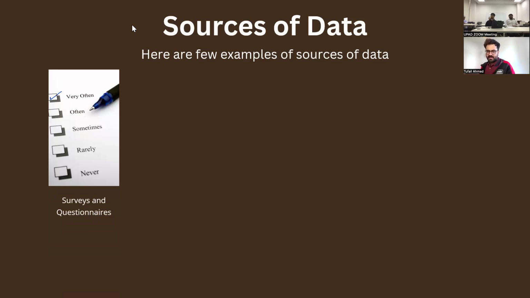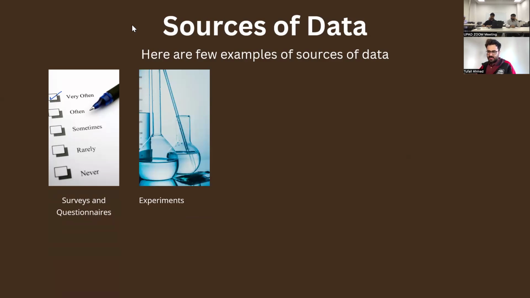A few examples of the data: as an urban planner or transport planner, we usually go do survey and questionnaire. We have a specified format. We make questions. We go to participants and ask them a question about our research or project. The next thing is mostly what scientists do. They do experiments. They have some, let's say, chemicals. If they want to make water, they mix a specific quantity of hydrogen with oxygen, and they come up with water. So they collect their data using experiments.